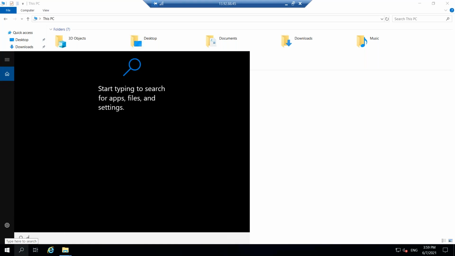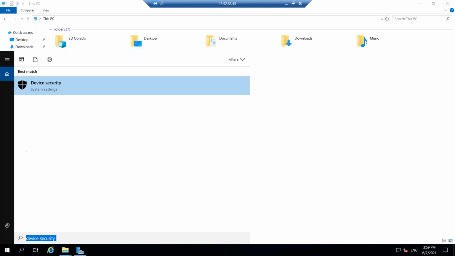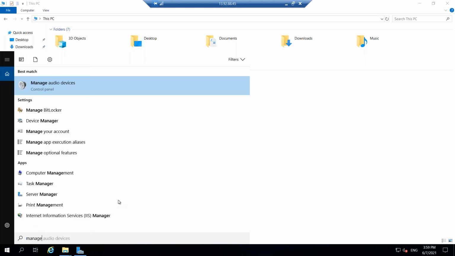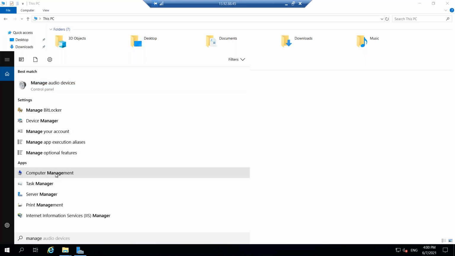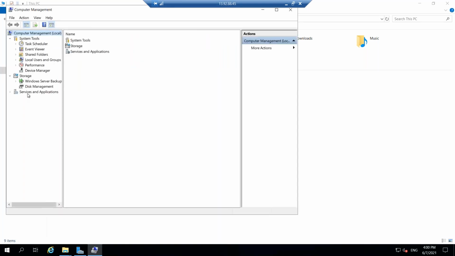You have to go to Computer Management, and here you will have Disk Management.